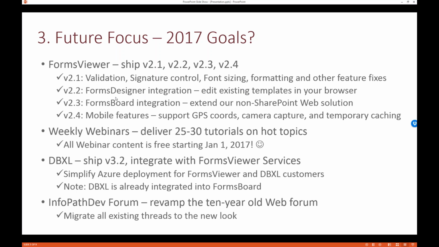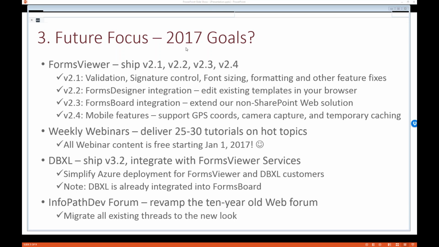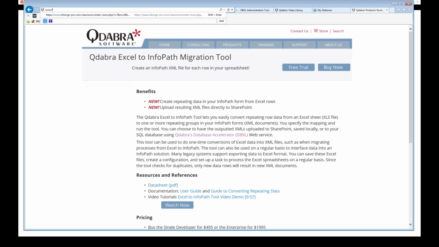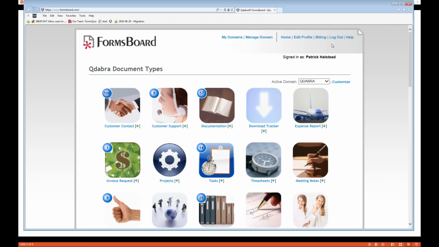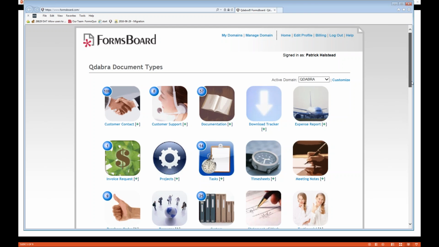I'm excited about the Forms Designer project. We have a Forms Board site, which some of you may be familiar with, and this has been around since 2007, 2008. The Forms Board site is not a replacement for SharePoint. Instead, it's a backup for those customers who do not want to necessarily pay the cost of SharePoint just for forms. SharePoint has a tremendous number of features, including